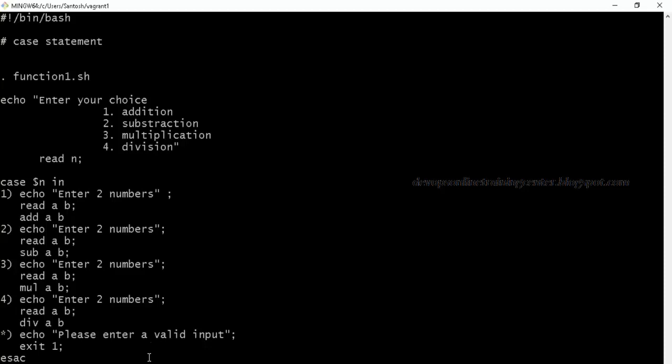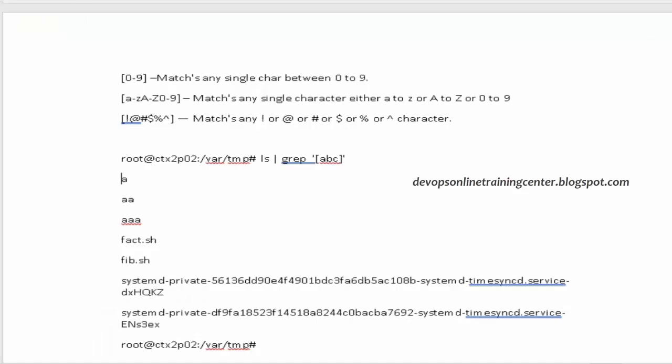Okay, there is a particular syntax. I think we need to give double semicolons for the case statement.